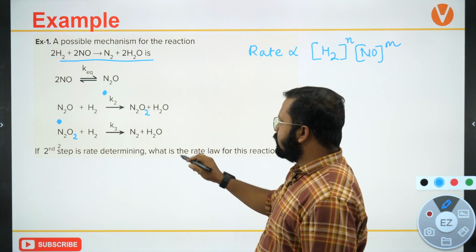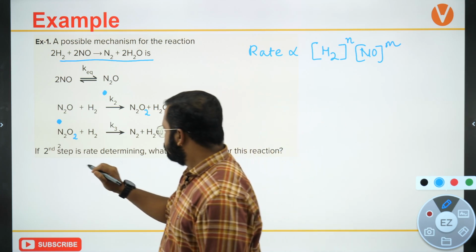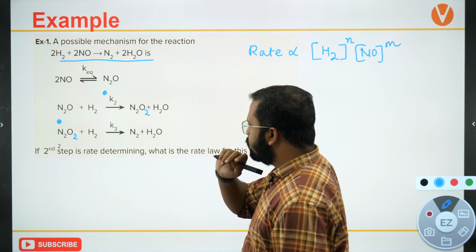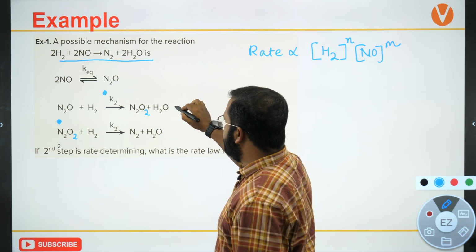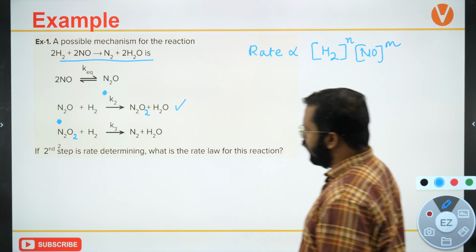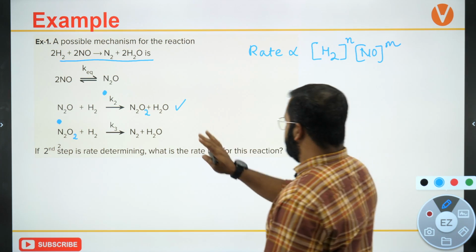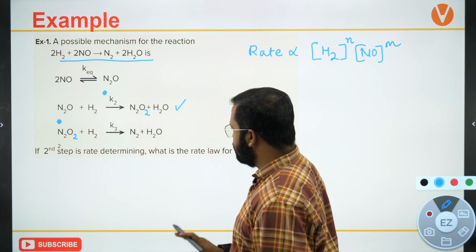What is the rate determining step? The second step is the rate determining step. I hope they're saying that this is the rate determining step. If this is the rate determining step, because this looks like the second step, if the second step is rate determining,